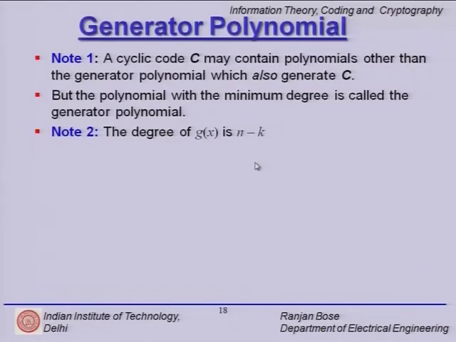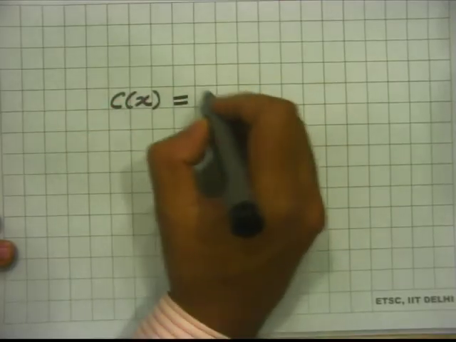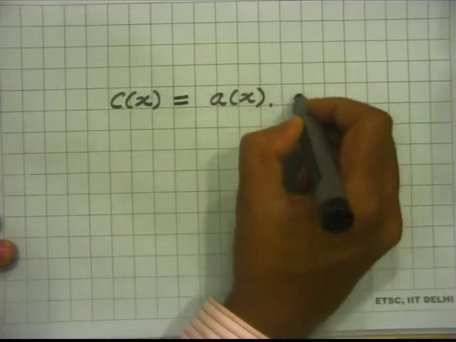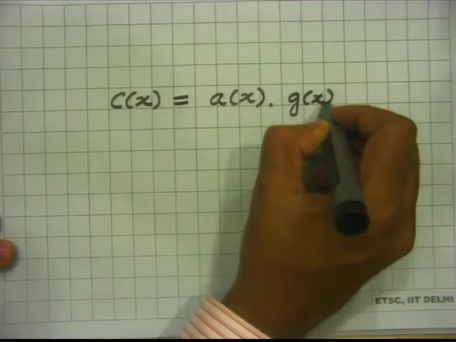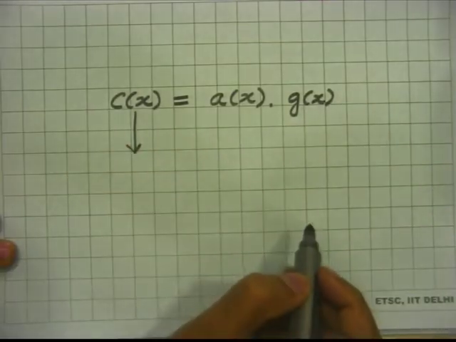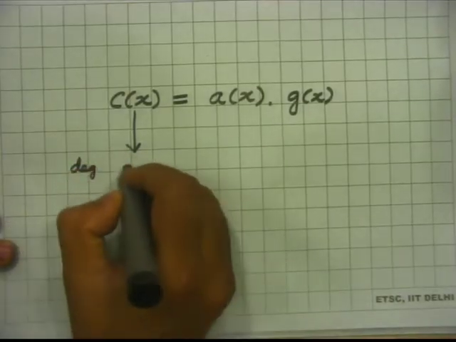So, we say that any code word polynomial c(x) is nothing but some arbitrary polynomial a(x) times g(x). But please note that this is a code word polynomial, so its degree is n minus 1,